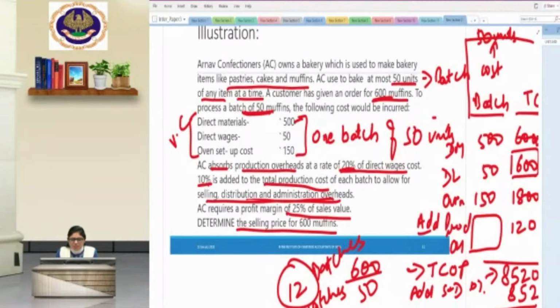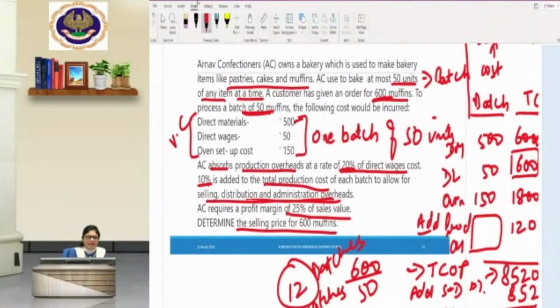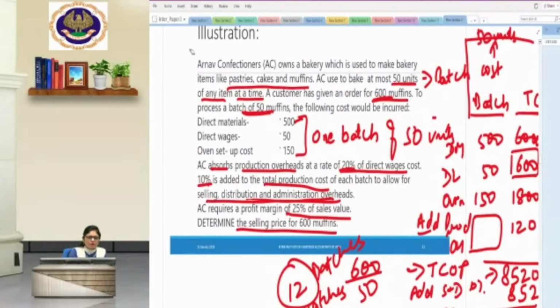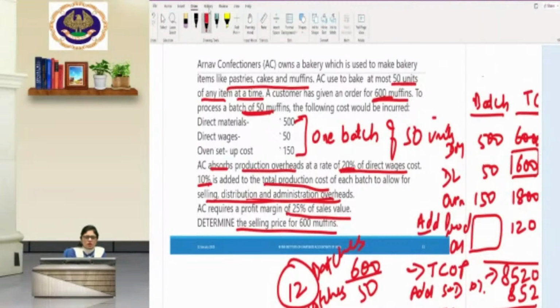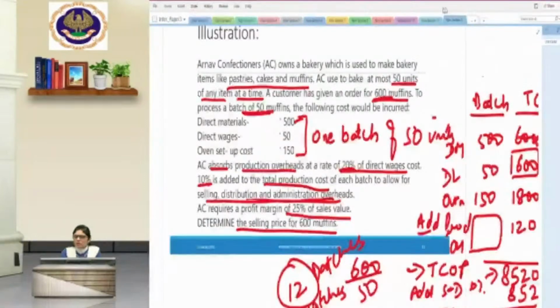So how much is the total cost? Total cost, 8520 plus 852. It is 9372. We have calculated the total cost as 9372. All right. So I'm just erasing it off here. Okay, 9372 is the total cost. Now, total cost